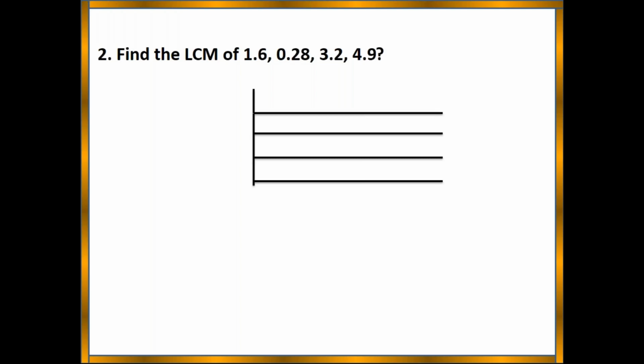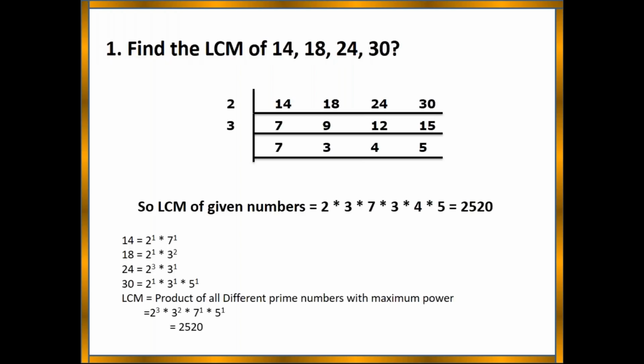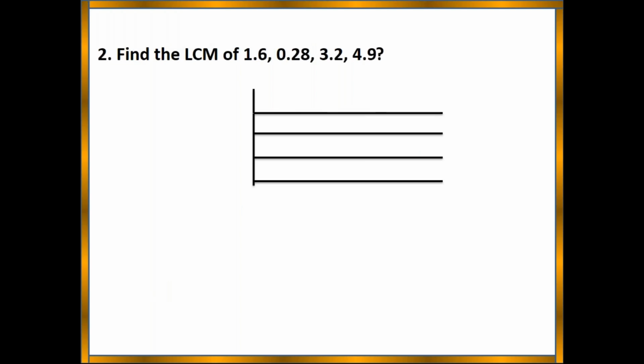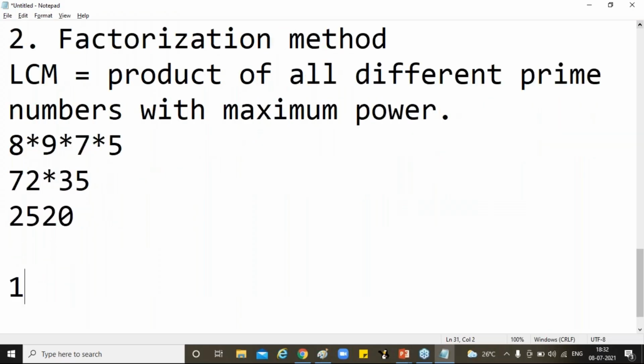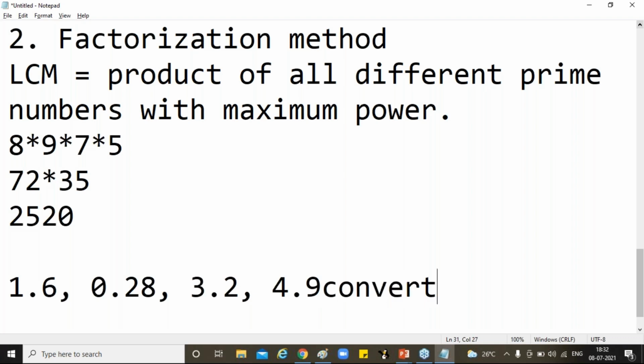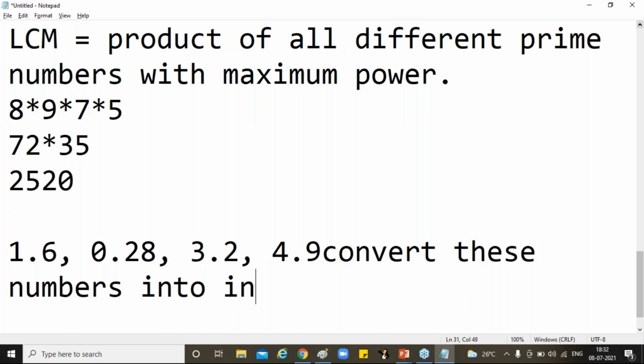These are decimal numbers. Previously they gave direct integers, ma. So if you have to take 1.6, 0.28, it is very difficult to deal with decimal numbers. Understood, all of you? That is the reason, first of all, we have to convert 1.6, 0.28, 3.2 and 4.9 into integers by multiplying with